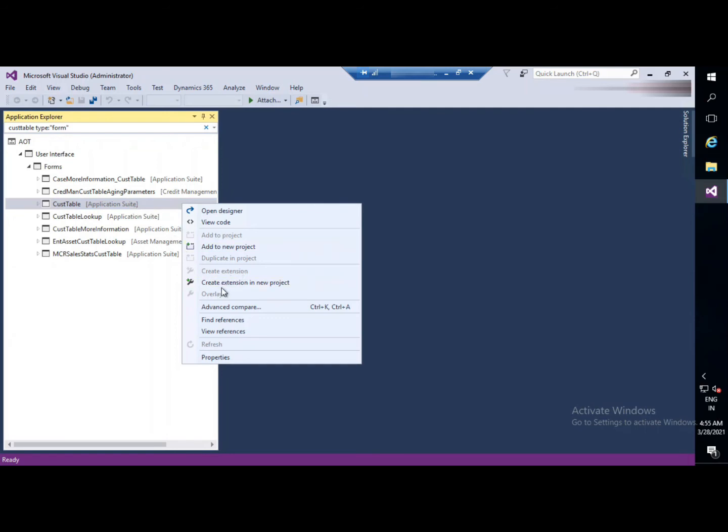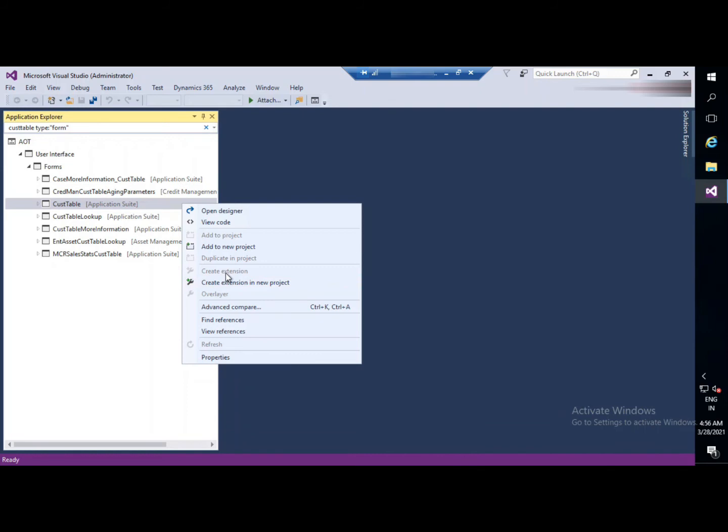We see we have a create extension in new project, but we don't have a create extension here because it is disabled. If we click on this also, we can't do anything, we can't extend the form. Not only the form, we can't extend any table or base enum or whatever.